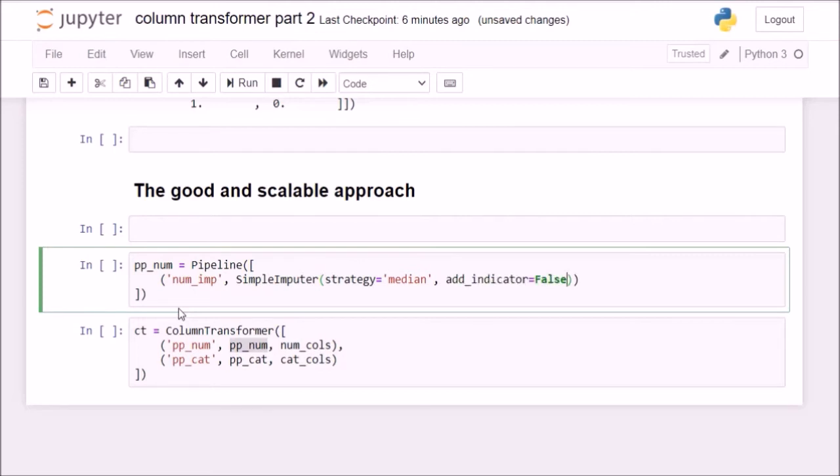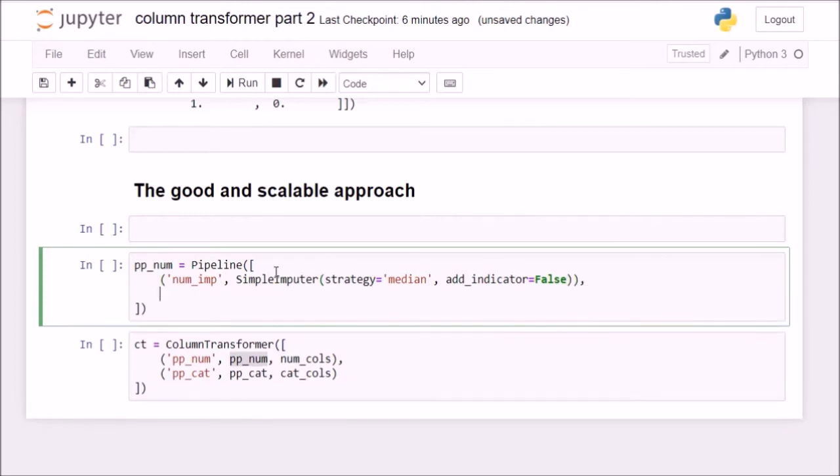I will tell you why I'm setting this to false. Okay, so after my imputation happens in the numerical columns, my next step is to simply robust scale them. So robust_scale_numerical_columns, and here RobustScaler.